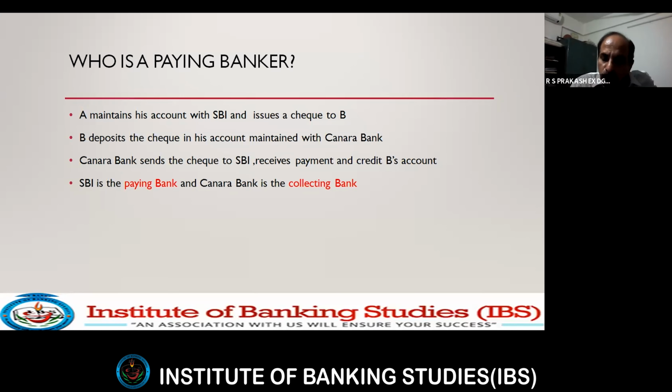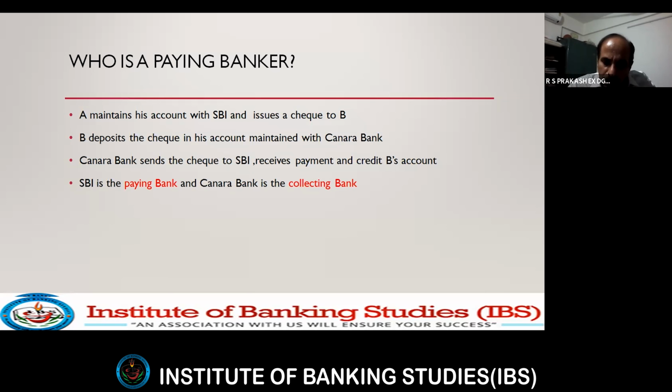Okay. In addition to the drawer, a payee is the second party to a check, and he's called the beneficiary. Sometimes they call him beneficiary, or he's also called the payee. Sir, can you tell me again, sir? Drawer, drawee, payee. These are the three parties to a check. Check is a bill of exchange. Check is defined as per Section 6 of the Negotiable Instruments Act 1881.